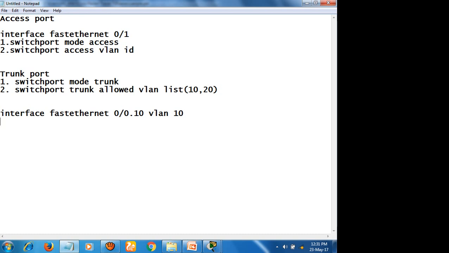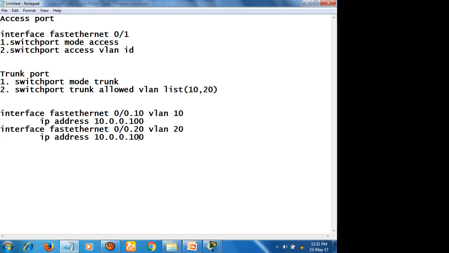This is for VLAN 10, and again I will create another sub interface. 0/0 is an interface, and .10 is called a sub interface. Likewise I will create .20 for virtual LAN 20. And for this, the IP address is 10.0.0.100, and for the second sub interface, which is 20,